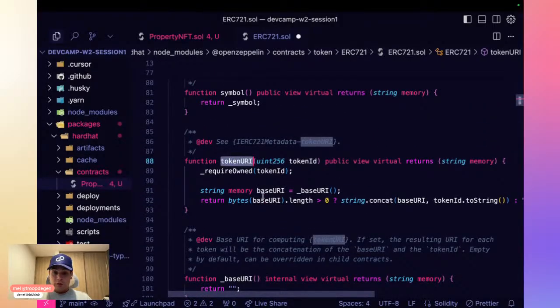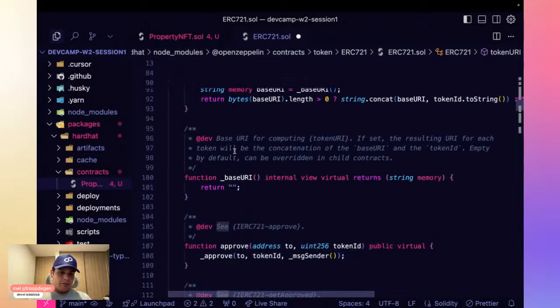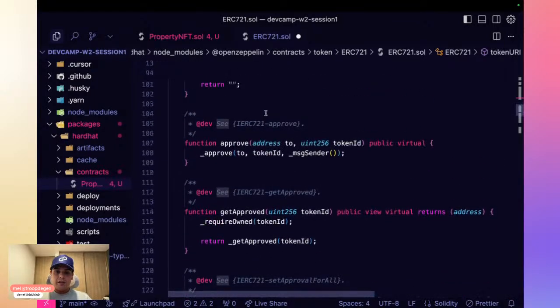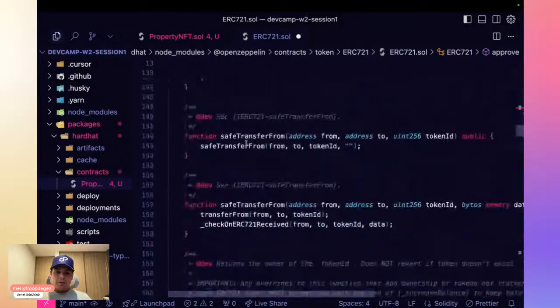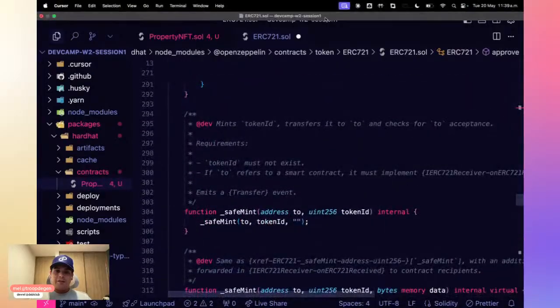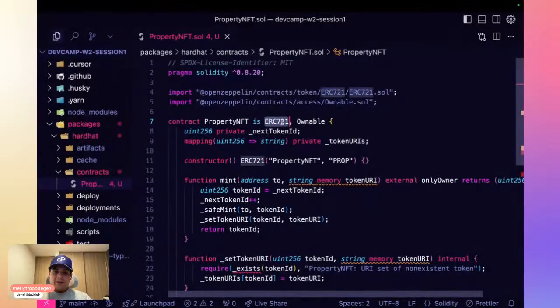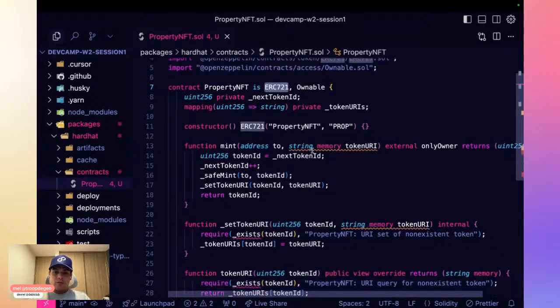So for real world assets, for example properties, you probably want a token URI where you can store pictures of the asset or the property. You can store more information, not only the ones that we will be using, but more information is recommended because blockchain shouldn't store a lot of information. And some others, approved. Any other question that you have regarding the implementation of ERC721, trust OpenZeppelin, but if not, you can go and check the documentation. That's the fastest way for us to move.